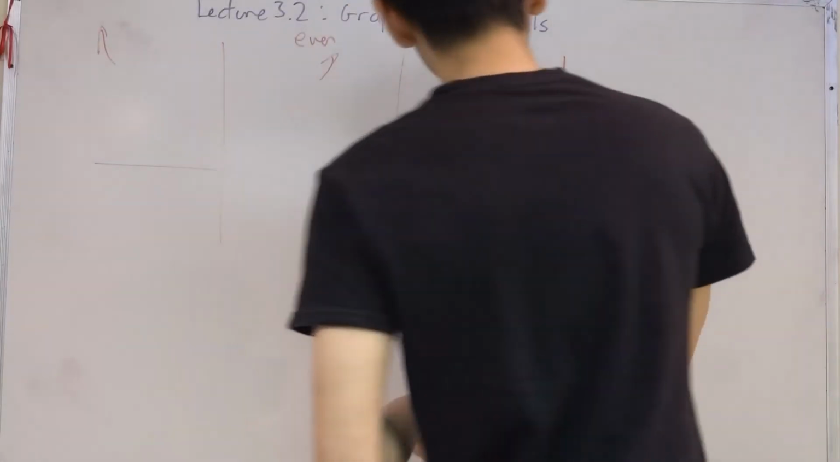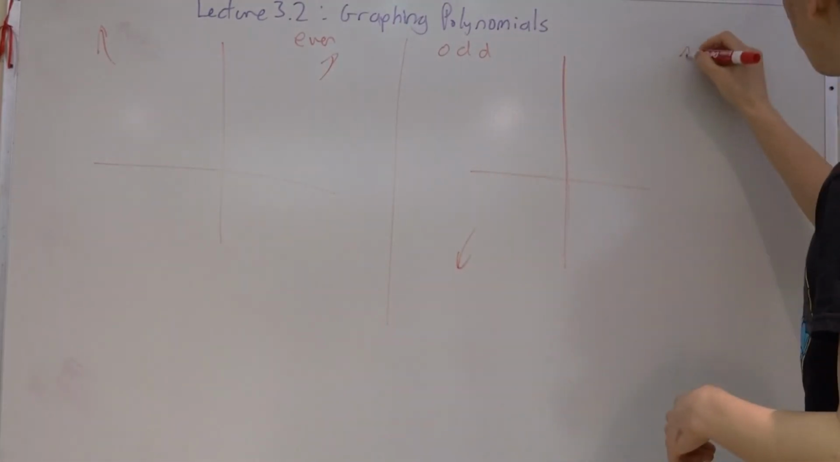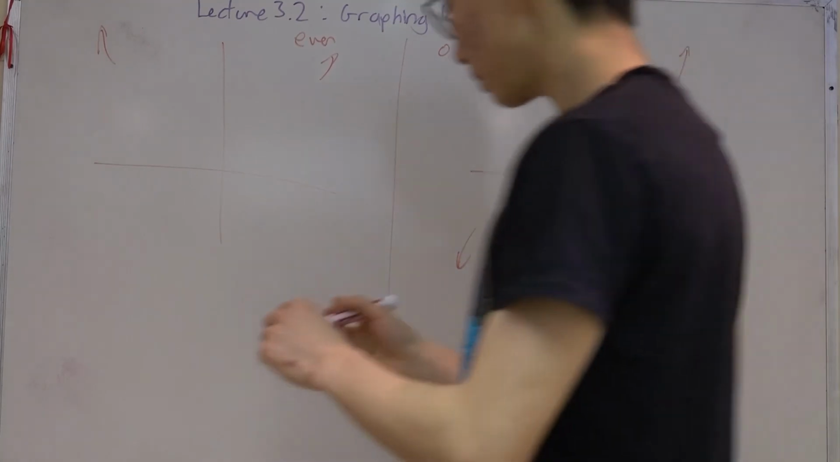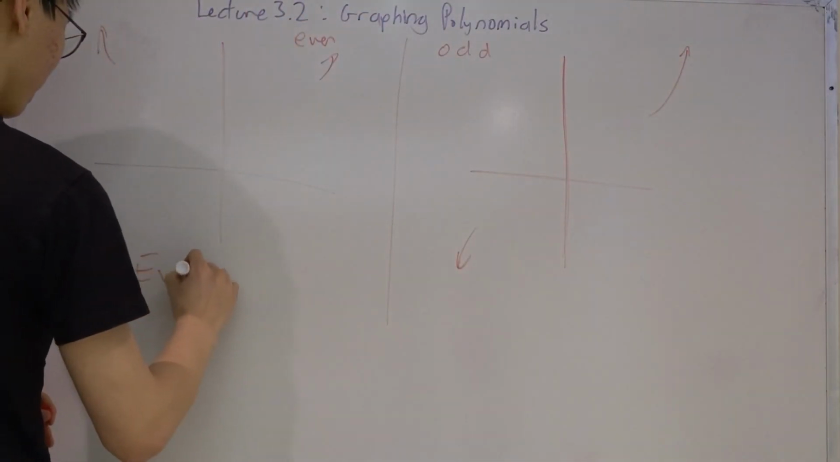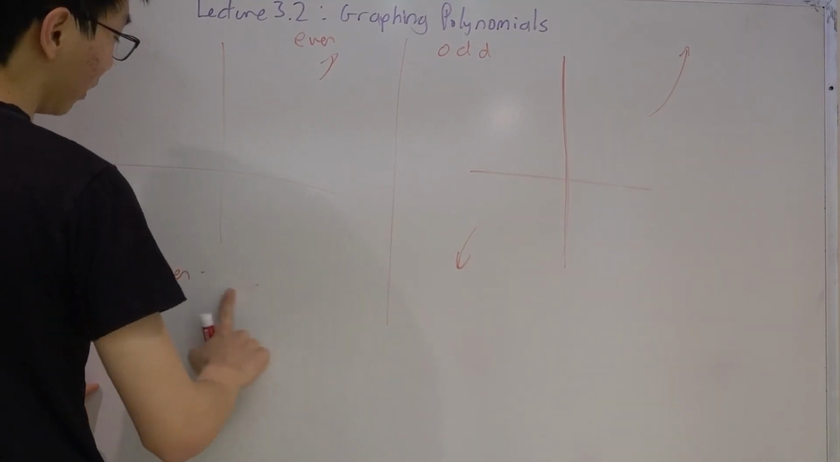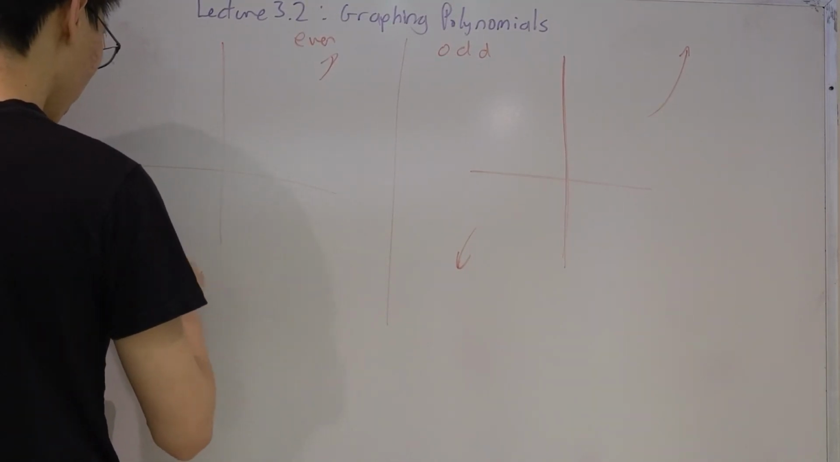Odd functions are kind of the opposite. They look like that, or they look like that. Okay. Here's a really nice tip. Even functions are even. Even polynomials are even functions. Even degree